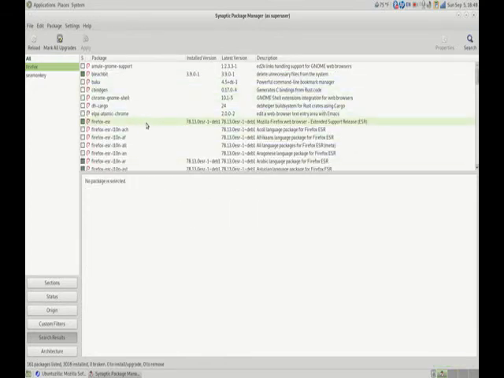See right here you have the ESR version of Firefox, which I already have installed. This comes installed by default on Debian, which I'm using right now. But if you like the latest, greatest Firefox,